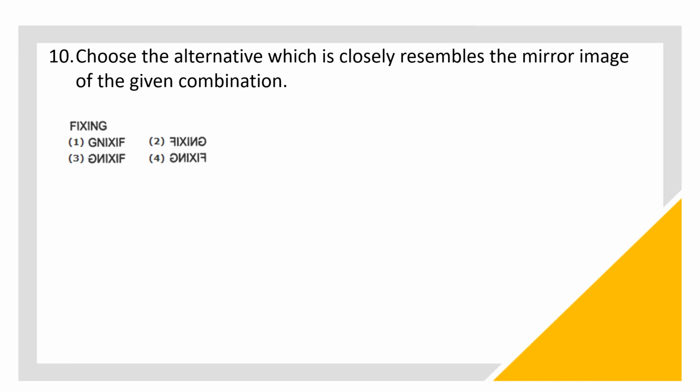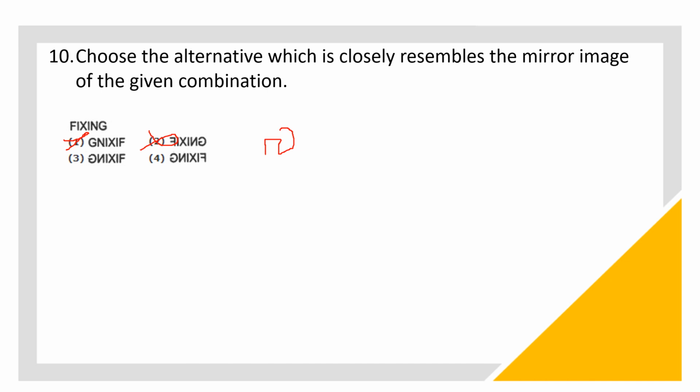Okay. Fixing. So in this first G will come, but in the second option F is there. So this is not a correct option. In 1, 3 and 4 Z. What is the mirror image of G? It will come like this. But in 1, the mirror image of Z is as it is there. So this is wrong. So observe 3 and 4.